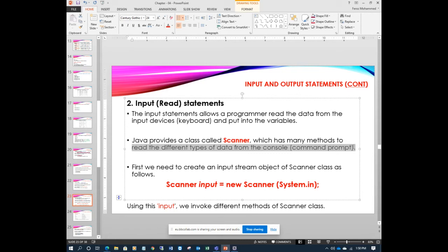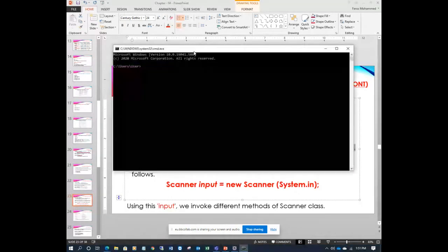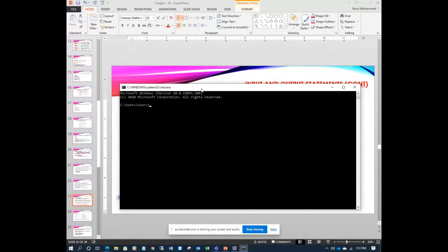Console is nothing but your command prompt. Console means your command prompt, like cmd; I will show you here, Windows R, cmd. This is the console. You will enter the values here, like 5, 2, 25. For example, this is the a value, this is the b value.